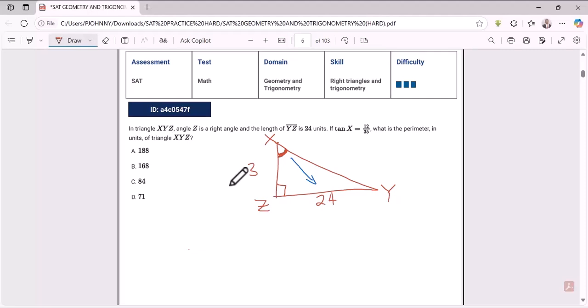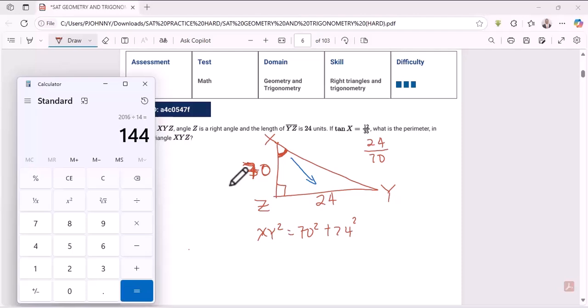So if the tan is 12/35, then this opposite has to match this. So that means the original fraction will be 24/70 actually. So this opposite has to be 70. So if you reduce 24/70, you have 12/35. They're asking you what's the perimeter of the triangle. So for you to get the perimeter, you actually need to find the hypotenuse, and since it's the hypotenuse that is missing, XY squared will be equal to 70 squared plus 24 squared, right? So if we find the square root of that,